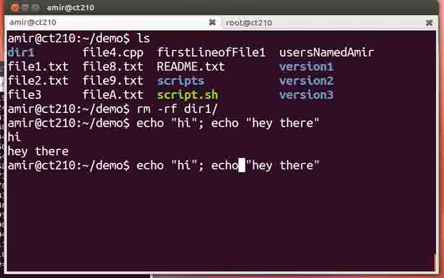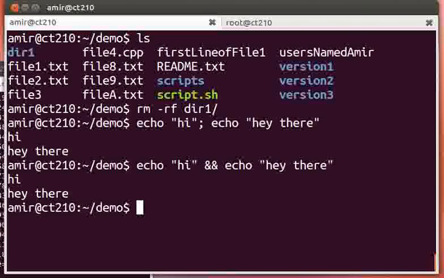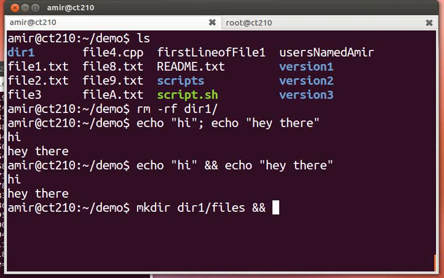So this will give us the same exact output, but if echo hi failed, the hey there would not run. A practical use of that would be if we were making a directory that couldn't be made. So here we'll make directory dir1/files, and if that succeeds, we want to